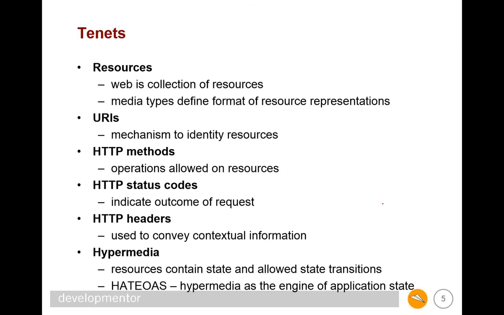Now, of course, to locate those resources, we need a way to address those resources. So we have this concept of URIs or URLs. That's basically a location that you can point your browser at to go find this resource. So if you're going to be building your services, then you're going to, of course, have URLs to identify the endpoints for your service. Now, in terms of the types of things we do with these resources that we can then identify or address with URLs, we think about sort of the